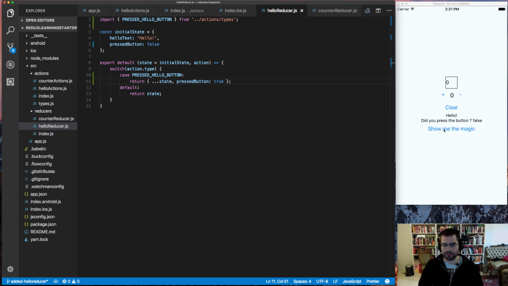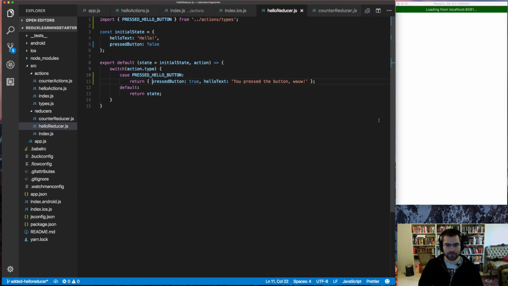So let me show you. If we press the button here, it will go to true because we changed it to true here. Now if we also press enter hello text and you press the button, like so, you press the button, wow, and this one becomes true. Now I could actually remove this now because this is basically our whole state. We only have helloText and pressButton